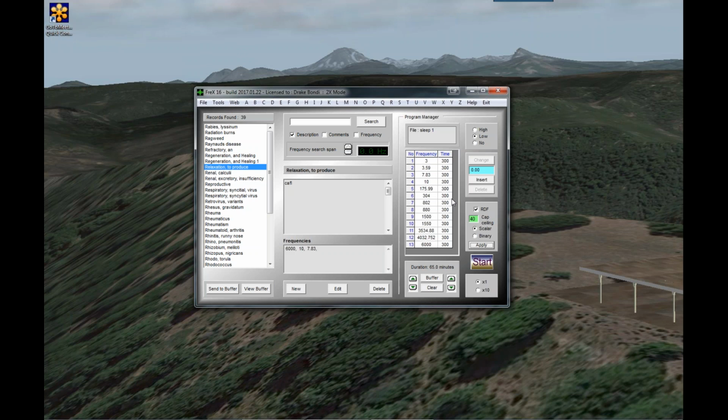Any frequency above 40,000 gets inaccurate. So that's why we stop it at 40,000. Okay, and if you go to the tools menu and you drop down to frequency conversions,